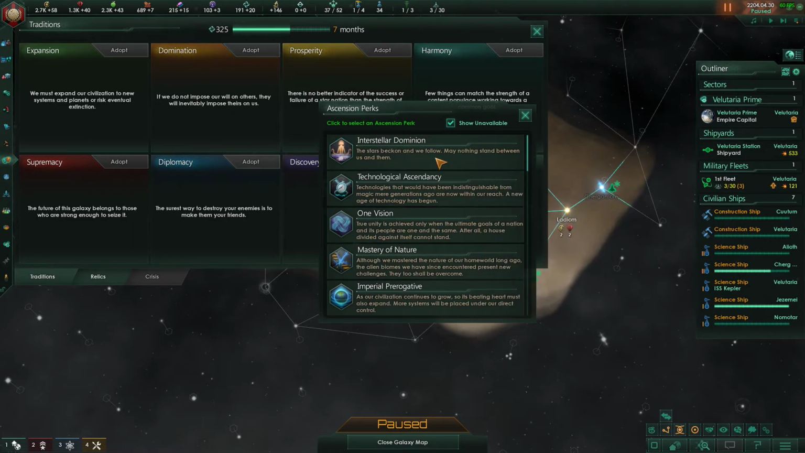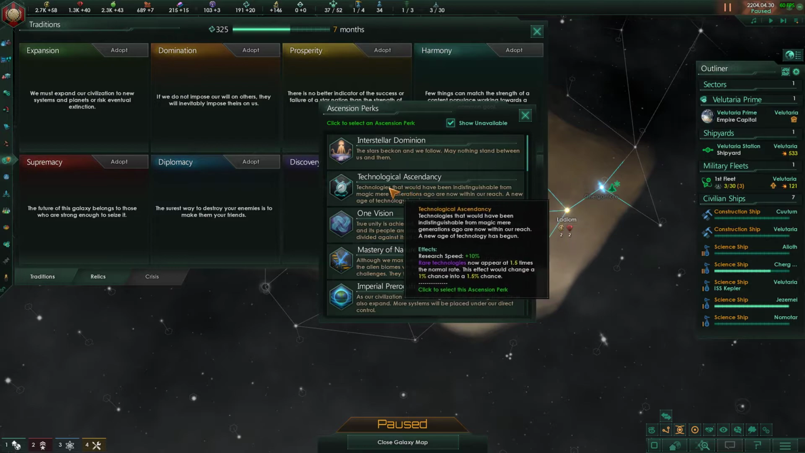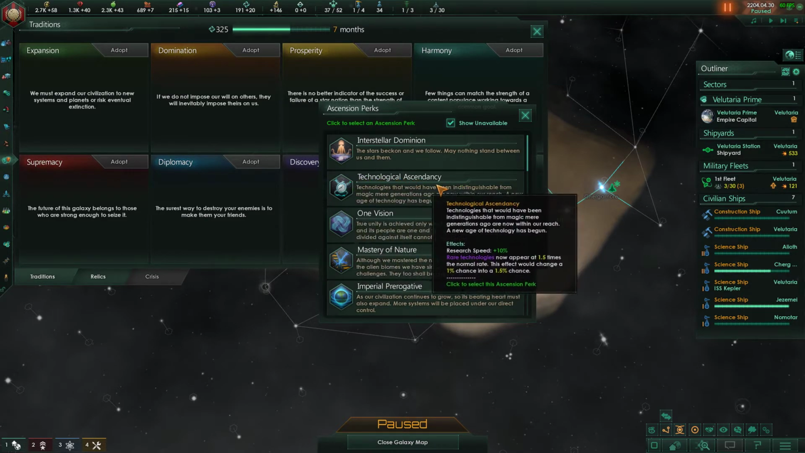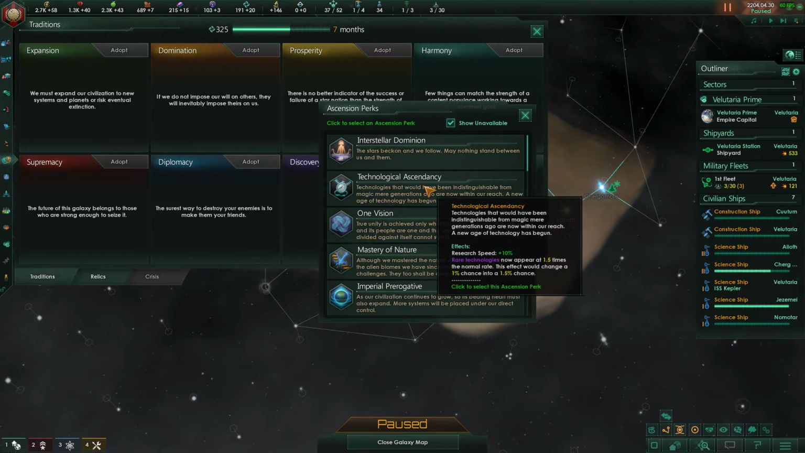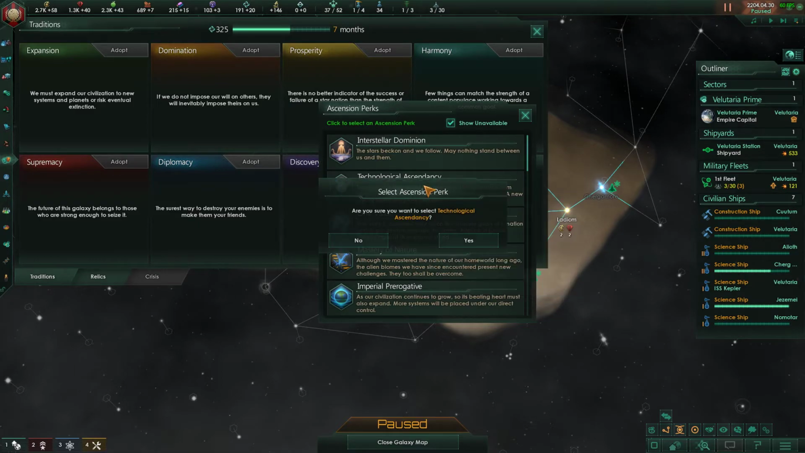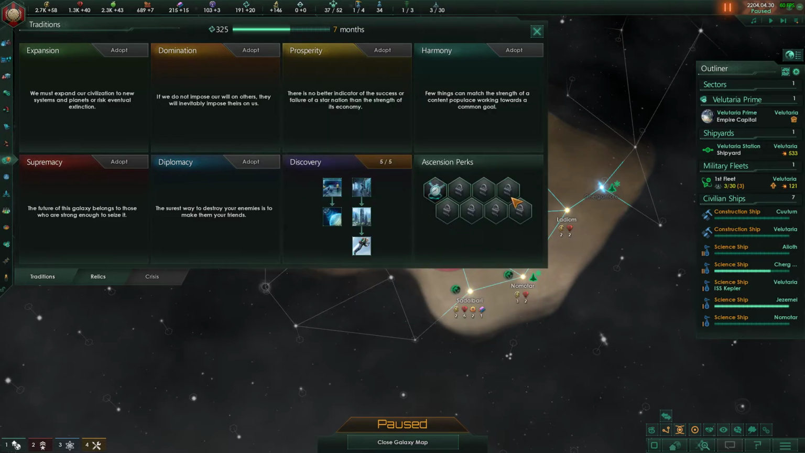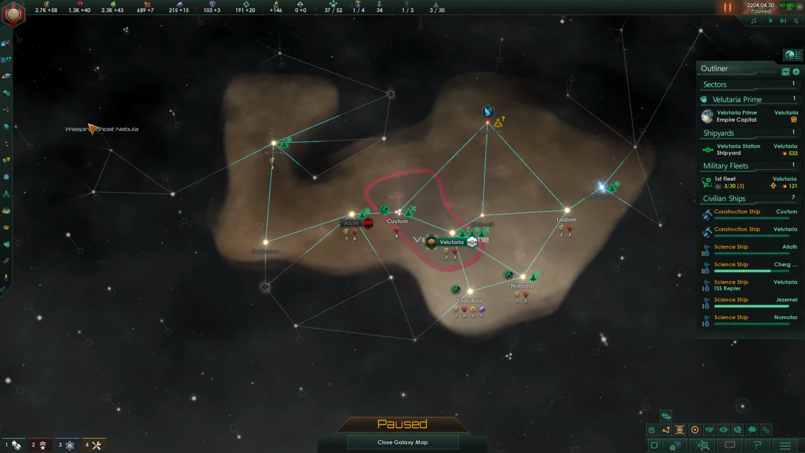And in this case, you can read through which one gives you what. Now, my favorite one is Technological Ascendancy, especially in the beginning of the game. It gives you an additional plus 10%, and Rare Technologies Show Up Faster, which would make it much better for our empire to get these rare technologies, because we'll be much more ahead of the other empires. So again, choosing that. And now we've gained our Ascension perk and all these additional stats, which will benefit us